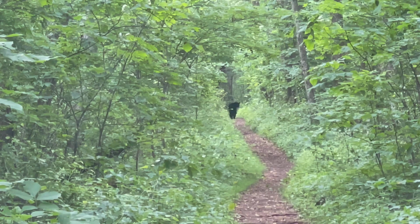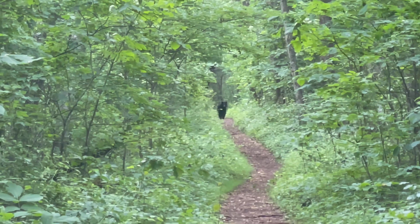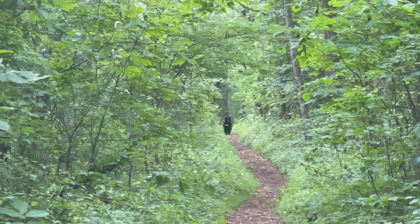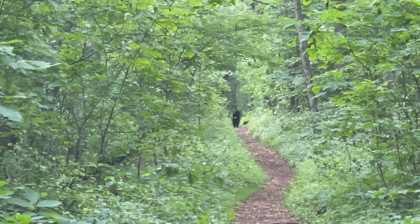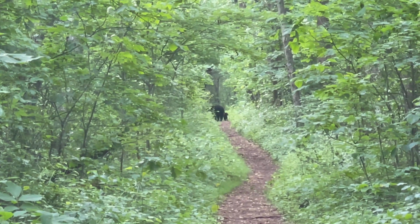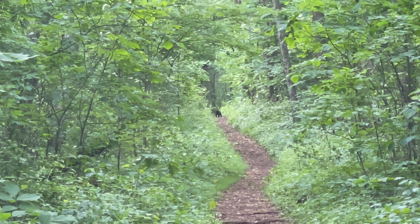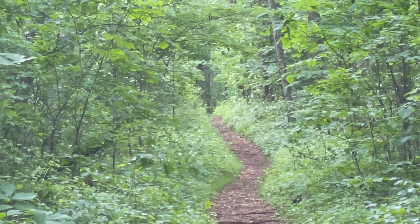It's my first bear. Pretty far down the trail, so I don't know what he's gonna do. Oh, and it's got a cub, so yeah. Boy. Oh, two cubs. I'm gonna sit here for a minute because